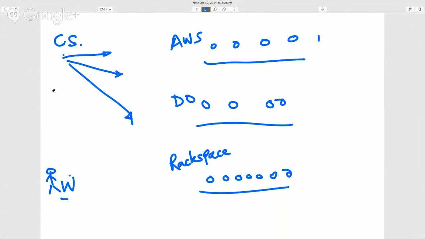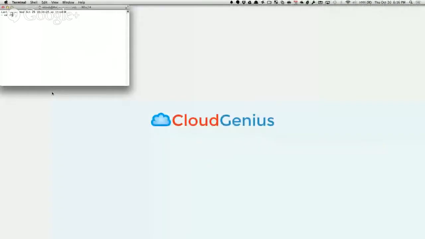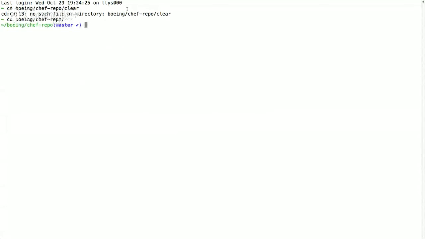All you need to do is send cookbooks with something like a knife cookbook upload command, and whatever cookbook you have changed, say MySQL, and it goes.